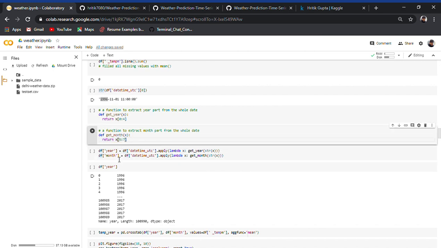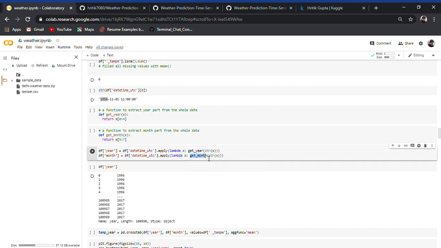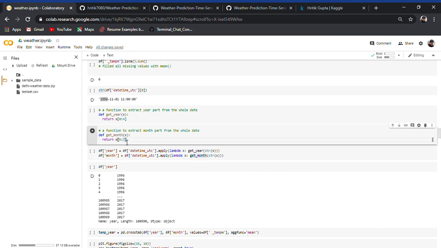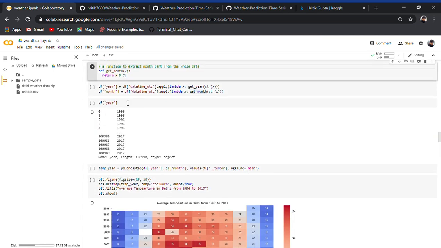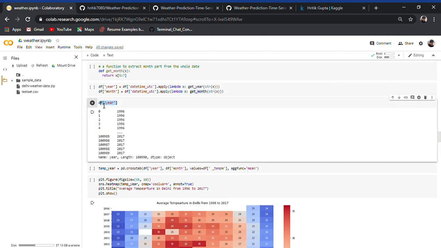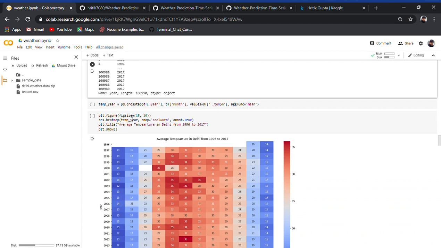Similarly, the month column gets its value from the getMonth function, which returns the month part, index 5 to 6. This will make a new feature, and this is the year feature.